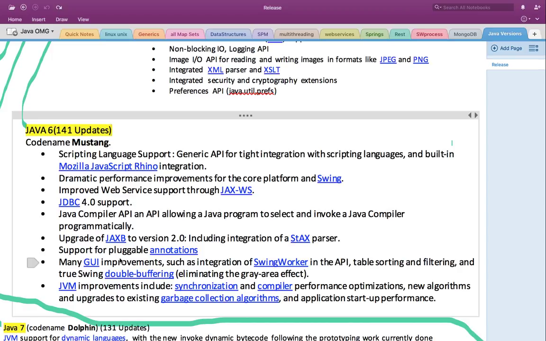You can easily remember that after the release of Java 5, Java 6, which is Mustang, came very fast, in a year after Java 5. In this Mustang, we have a few updates like scripting language support, generics API 5, tight integration with the scripting languages, built-in Mozilla JavaScript Rhino integration, dramatic performance improvements for the core platform and Swing, improved web service